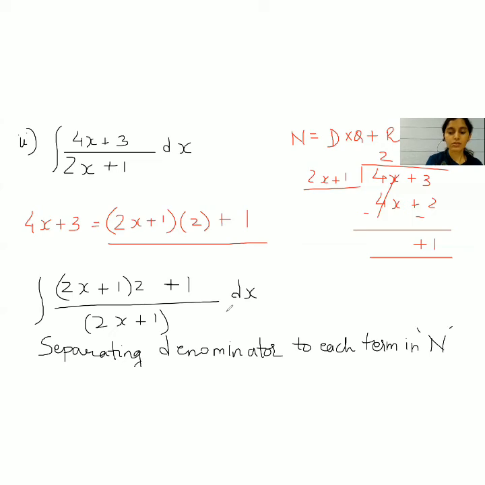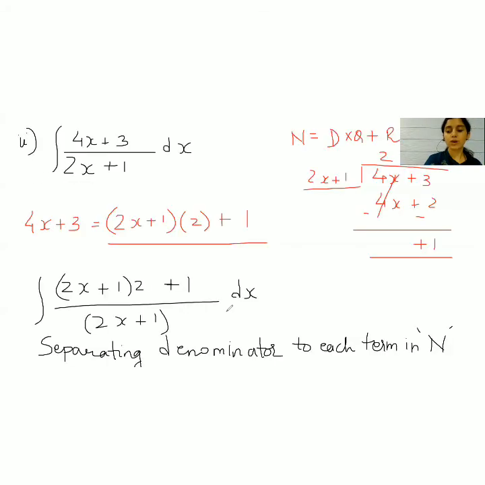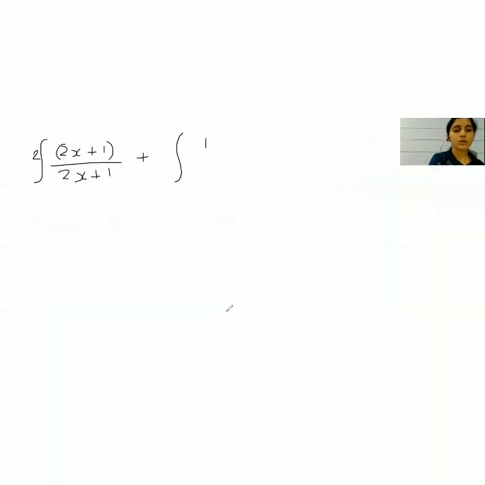Writing it in short over here, in the numerator. So we'll get integration of 2 outside, (2x plus 1) upon (2x plus 1), and we have plus 1 upon 2x plus 1. So plus integration of 1 upon 2x plus 1 dx, right? Now this cancels out, so we have 2x over here as our integration, plus